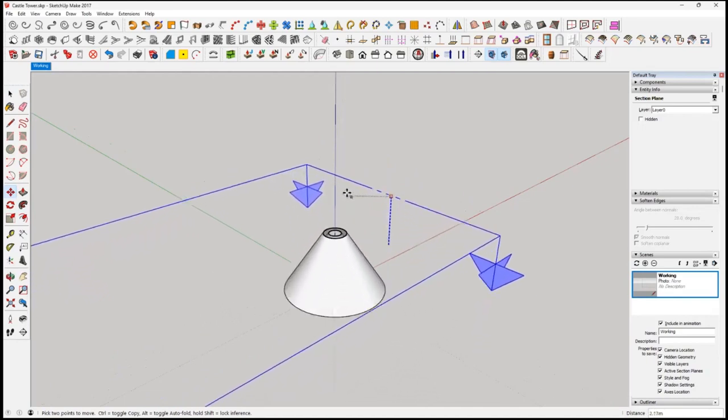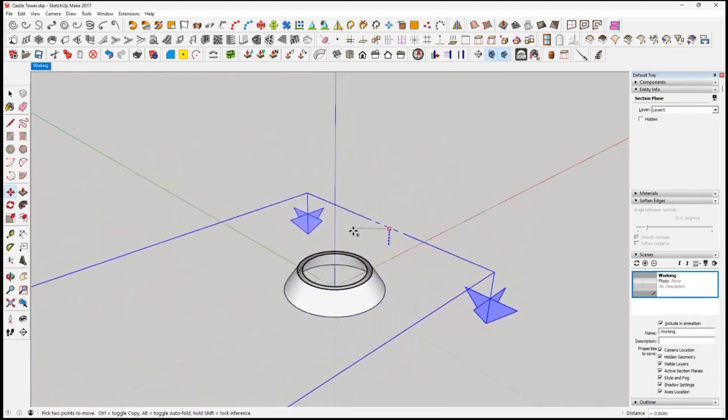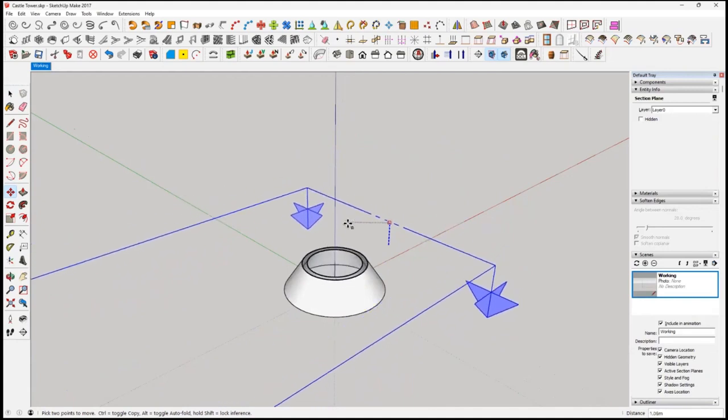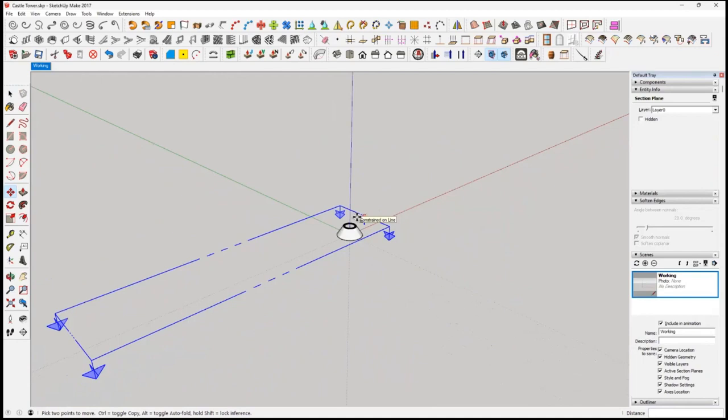And if you've got a big building, you can come in, use a section plane and look inside your building or look inside your object. Yeah, and this is what it does. But be warned, any other objects,